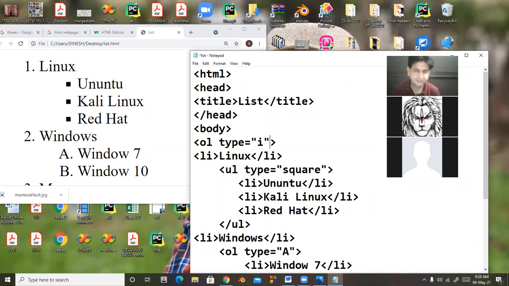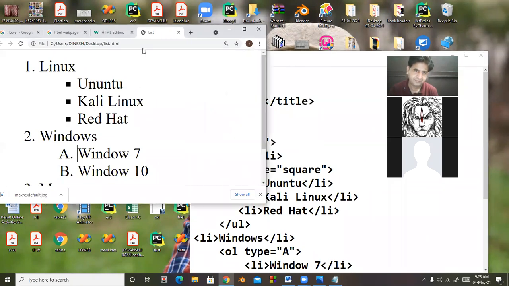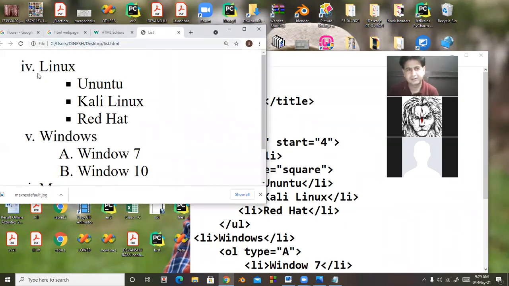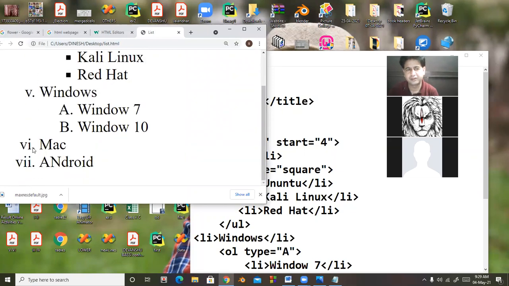I will take small i. So look here. If I want to start this list from start equal to 4, in HTML you can give the value without double quotes, but by rule we should give the value within double quotes. So I'm saving this, and look here, it starts from 4, 5, 6, 7.